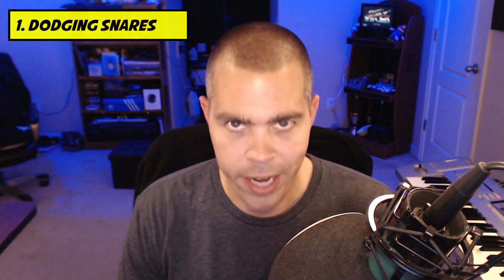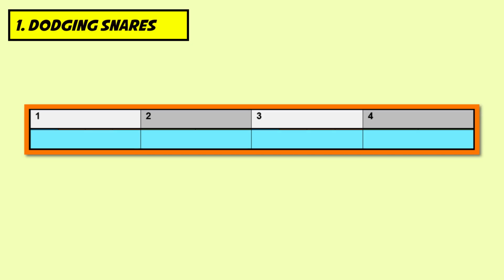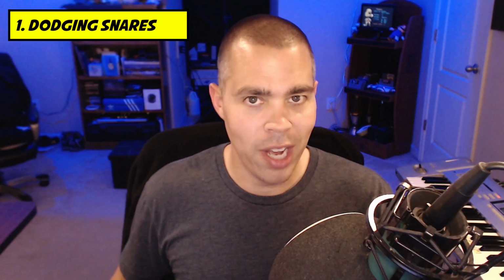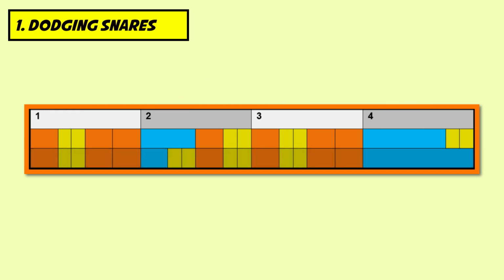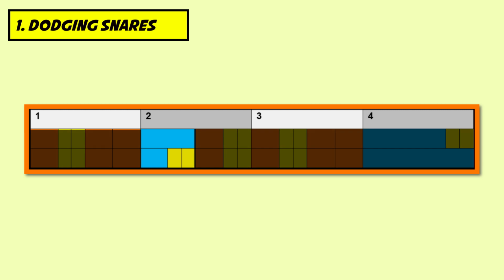The first method I'm going to share with you is dodging the snares. So within each bar, typically snares will land on the 2nd and 4th beat, and I'm about to dodge them. In this example, I'm landing on the 1st and 3rd beat, but I paused on the 2nd and 4th beats. I also played around with the length of these pauses as well to make the 2nd bar feel a little more aggressive by reducing the length of my pause by filling it in more with 2 32nd notes.